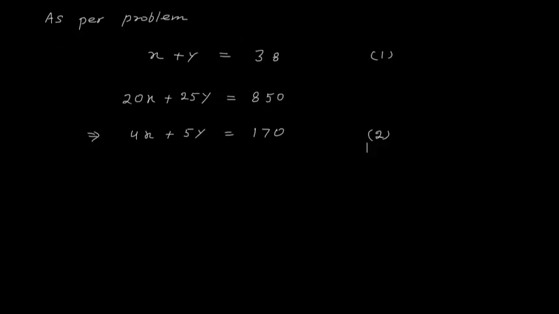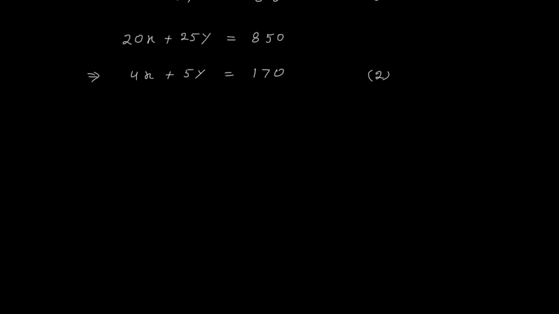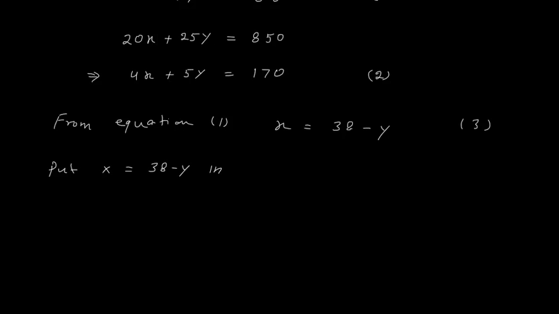So how can we solve? We can use the substitution method or the elimination method. So I will use the substitution method. I will say that from equation 1 I will find the value of x, which is 38 minus y. Let us take this as equation 3. Put x is equal to 38 minus y in equation 2. So my second equation will become